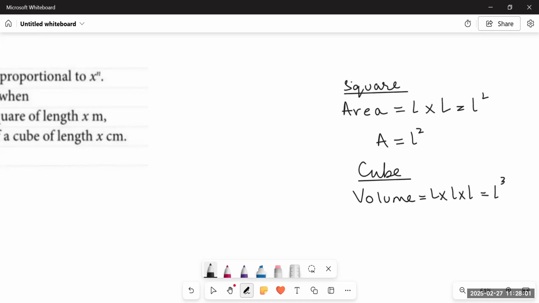So there's just a difference of a square and a cube in the area of a square and the volume of a cube. Why? Because a square is a two-dimensional shape and a cube is a three-dimensional shape. So if we have to find out the area, we just have to multiply the length twice. And if we have to find out the volume, we have to cube the length. So if they're saying